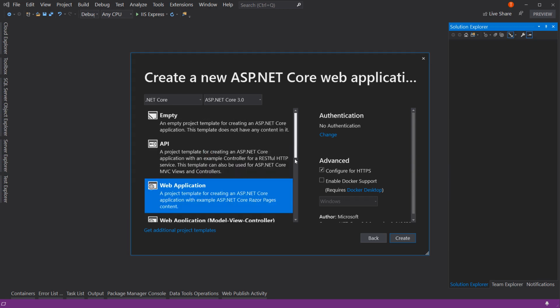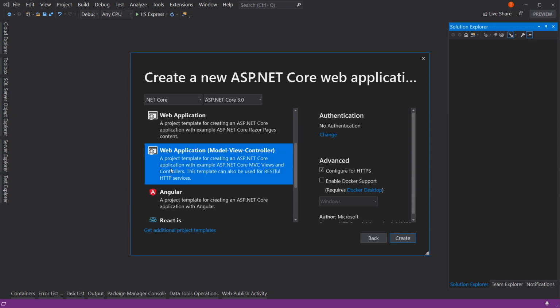So for example, we could do the Razor Pages right here, but we're going to go down one further. It's a little touchy here. One further and go with Web Application Model View Controller, or MVC. The rest of the options we'll leave the same, so .NET Core, ASP.NET Core 3.0, and we're going to configure HTTPS, but no authentication and no Docker support. We hit create,